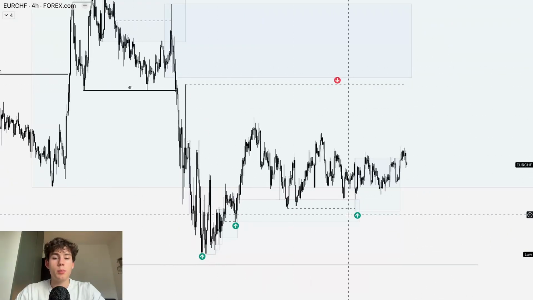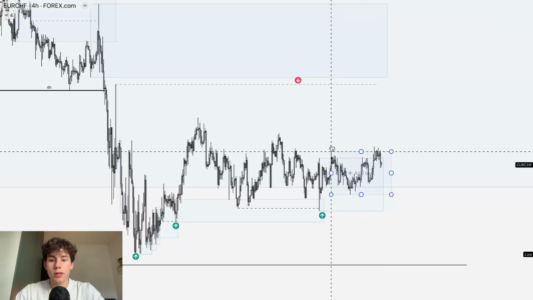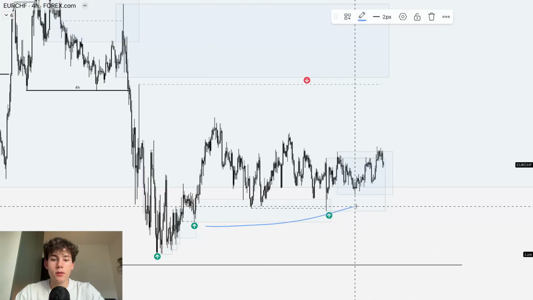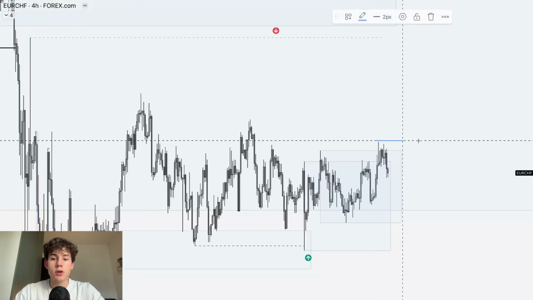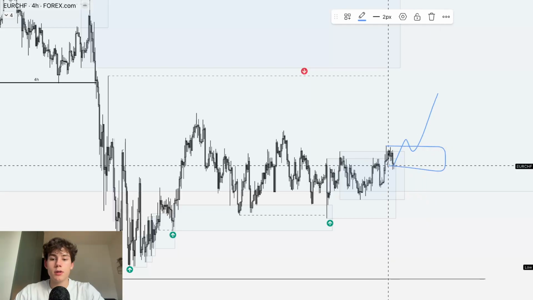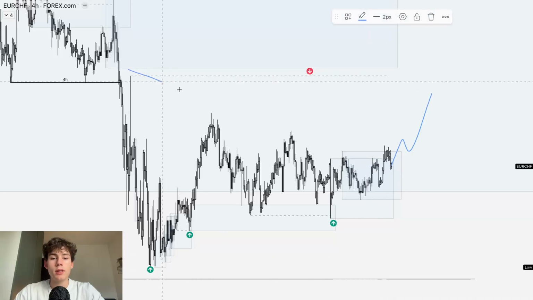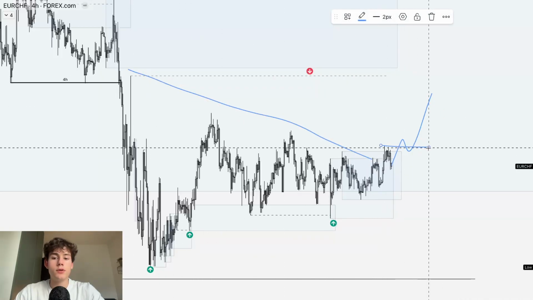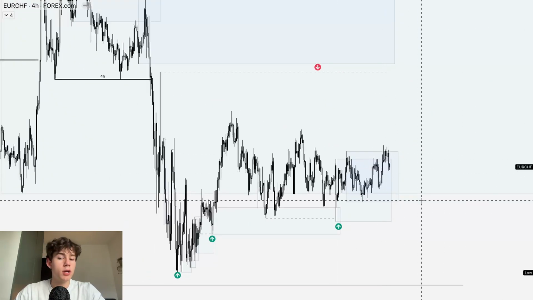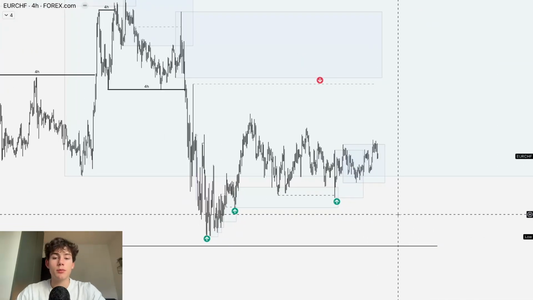Looking at the structure, we are bearish, but we do have bullish order flow with this demand being in control, which could just push price definitely up higher in line with that order flow. So yeah, if we start to break the highs again, then I could definitely look for some longs if we see those demands being created after grabbing liquidity underneath the lows. So definitely possible to take liquidity at these highs. Definitely if we start breaking those highs, I'm definitely going to look for longs because it's looking clean. I gotta look at the fundamentals though, so I'm not 100% sure if I'm going to take this setup.